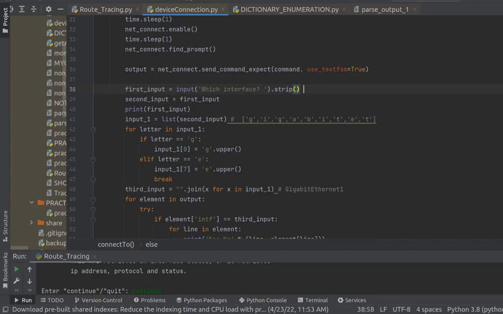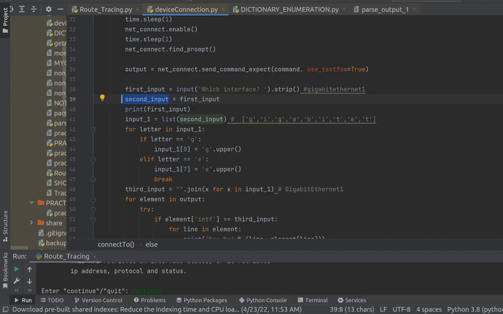Now let's say the user enters gigabit Ethernet 1. So the user wants to see the output for show IP interface brief for gigabit Ethernet 1, right? If he had put a space here, the space gets stripped by the strip function, and then this will be put within another variable, so that the first input isn't changed, but the second input is manipulated,